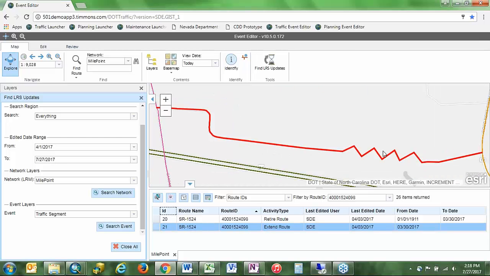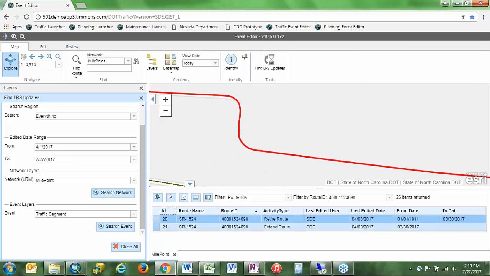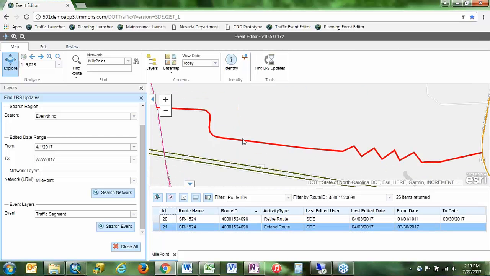I wonder who did that geometry. We'd fire that guy if he was editing routes, wouldn't we? So the old representation was extended basically. To put the story back together, there's the retired one, evidenced by the to date and marked as retired here, and then there's the extend. So we know that the route used to look like this, and then somebody who probably doesn't edit routes for a living came in and extended it like so.